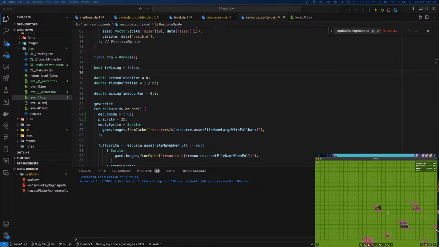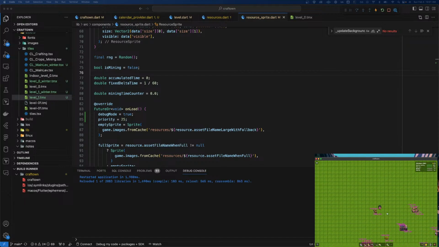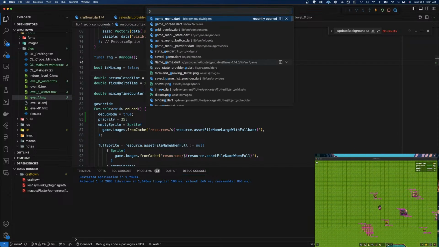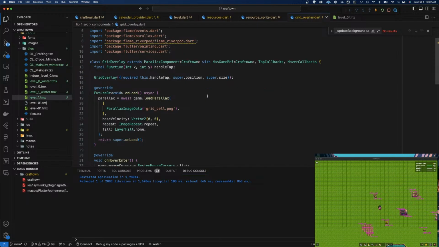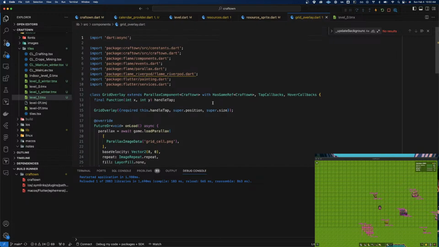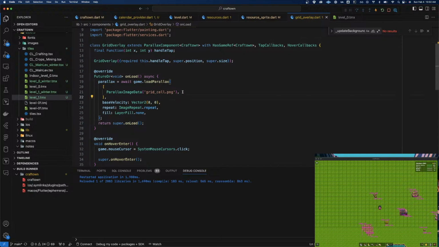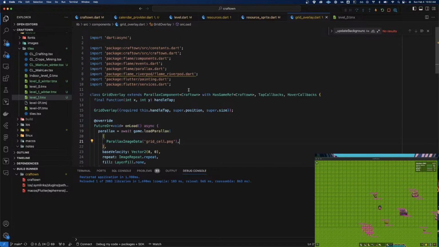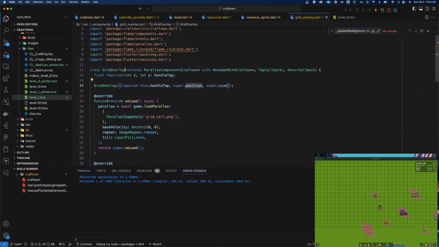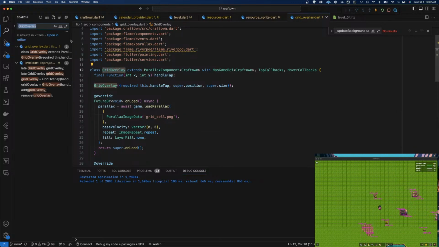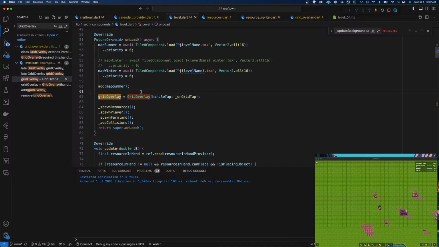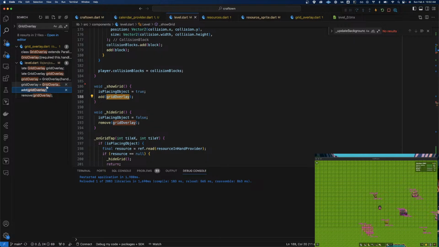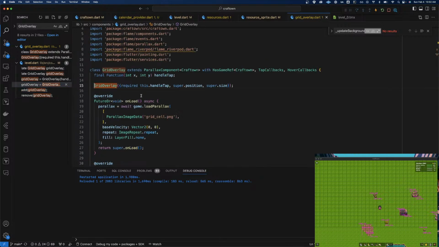Why is my grid not taking up the whole map? I think it's because, let's see, grid overlay. How does it get the size of it? Grid cell, this dot size. Okay, so wherever we construct this, we're not actually making it the correct size. Grid overlay equals grid overlay. I'm not passing in. We add the grid overlay. We remove the grid overlay. Grid overlay. Okay, why is the size like